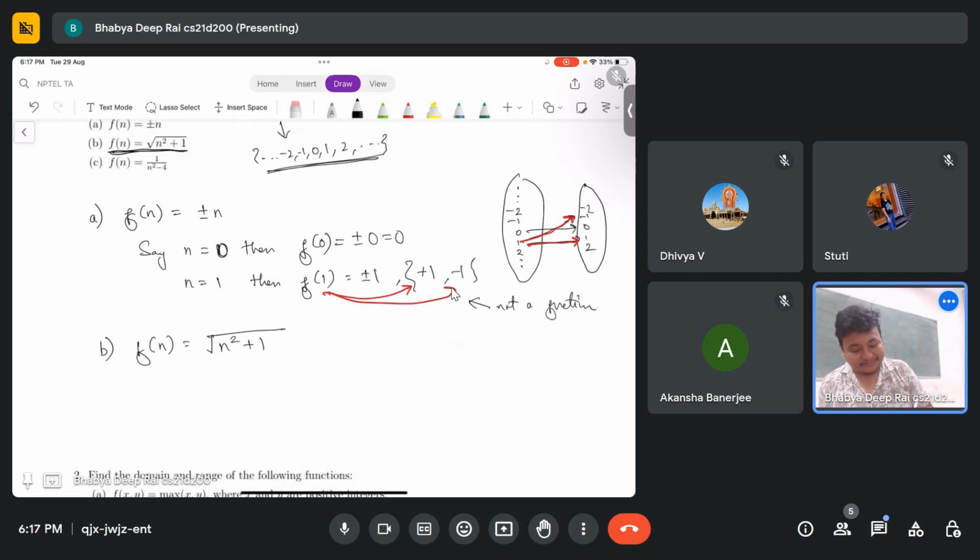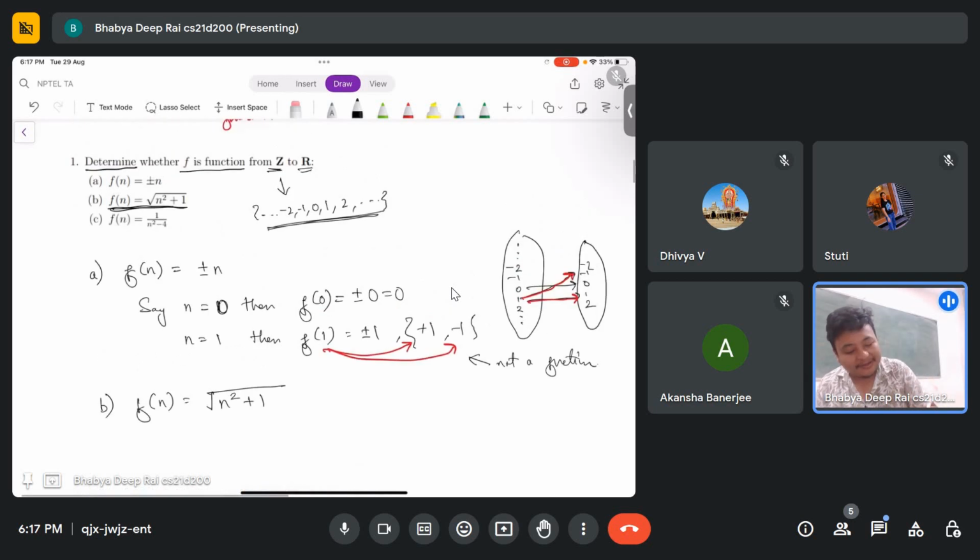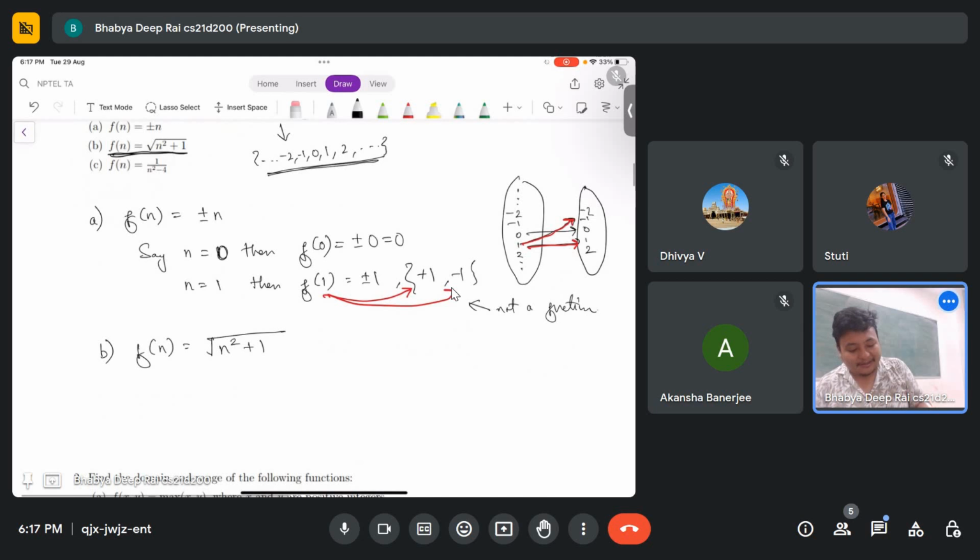Well, one doubt that may always be there is that we need to map to reals. The output needs to be a real number, but we have a fear that it might be imaginary. How do we encounter a case when there is a negative sign under a root? But can we really encounter a negative sign under the root? No, right? Because if I put, let's say, f of -1, and -1 is an integer, what is this? This is root over (-1) square plus 1,